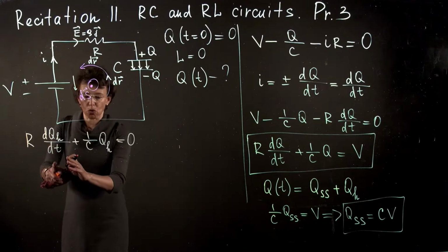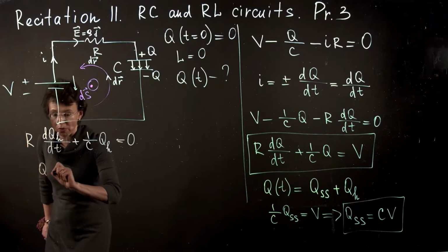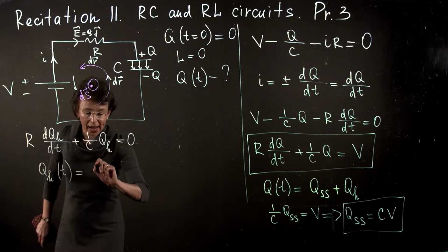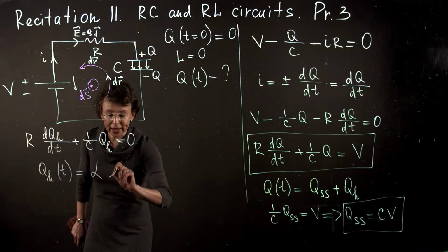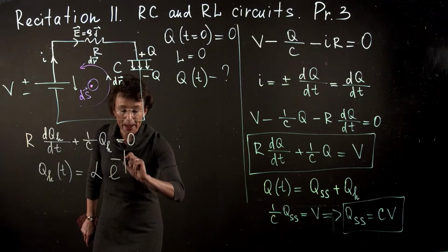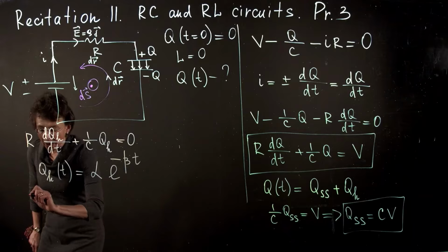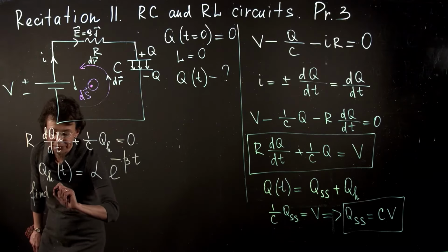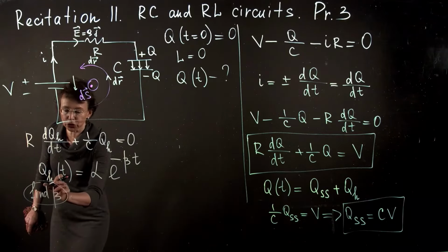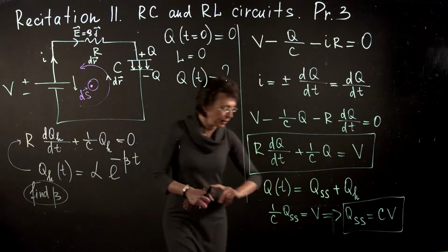So this is a first order linear homogeneous equation, and as in our previous problems, I will guess the solution for this equation as an unknown constant alpha times the exponential function of minus, that is crucial, minus beta, an unknown constant, times t. So first of all, I will find beta. How to find beta? I take my guess for q homogeneous and I bring it back into my equation, which means that I have